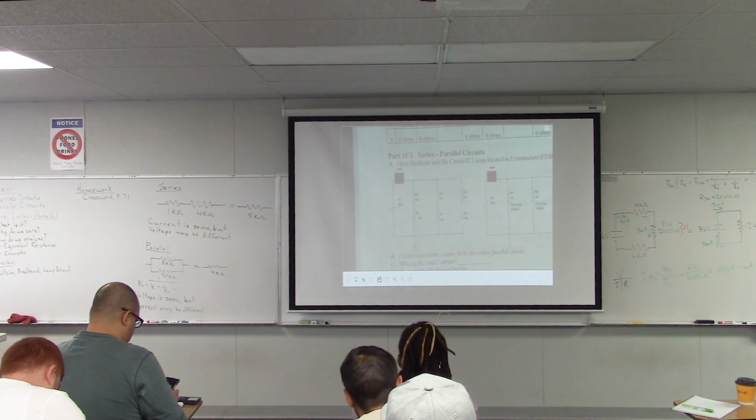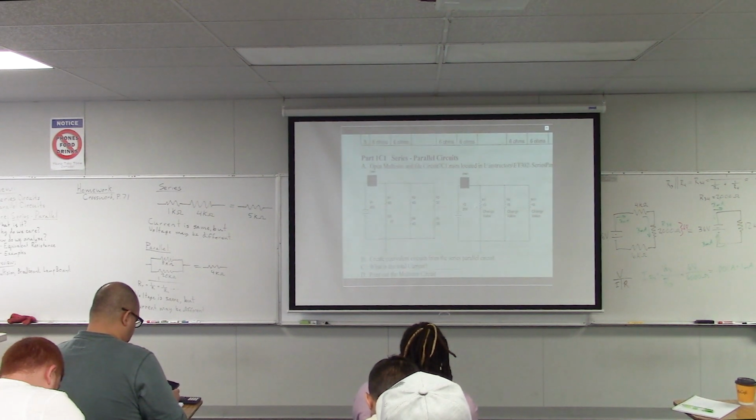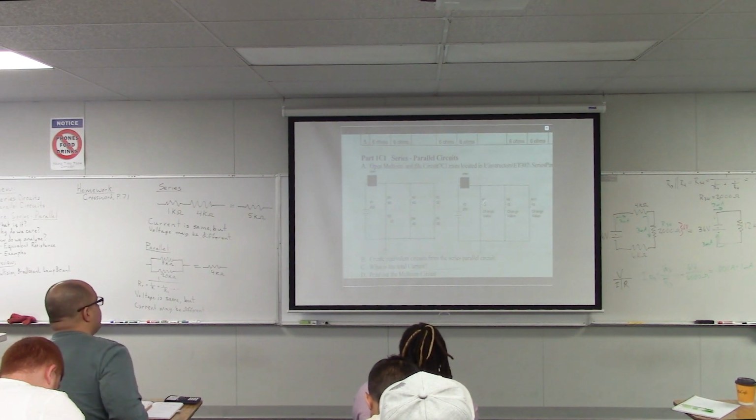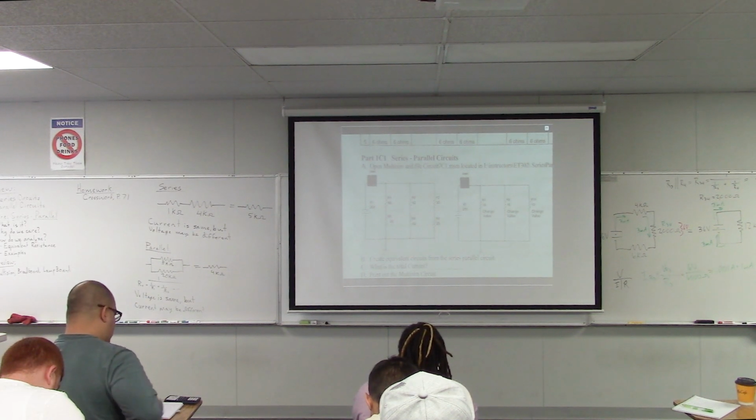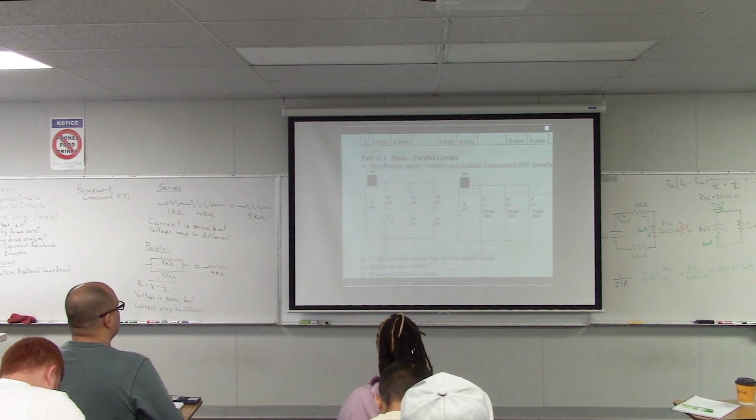So if you were trying to find the total resistance, you would find the equivalent resistance of each branch and then redraw the circuit using those equivalent resistances. So that's what this problem is asking you to do. So it shows you this other circuit here that has basically done that. It's simplified each branch into just one resistance, but right now it just has a 1 ohm kind of placeholder value for each branch. It wants you to change the value of each branch to match the equivalent resistance that you calculated from the